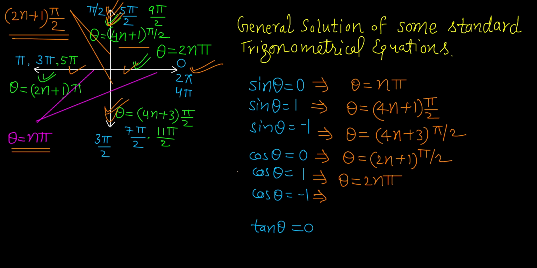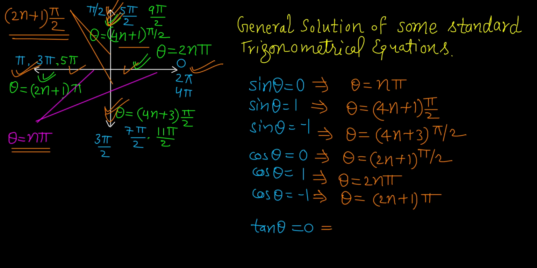And what is the general solution of cos theta equal to minus 1? So cos theta equal to minus 1 is lying only at this line separately, odd multiple of pi here. Cos 180 is minus 1, nowhere else. So the general solution of cos theta equal to minus 1 will be separately this line only, and that was the odd multiple of pi. So solution will be theta is equal to 2n plus 1 pi.